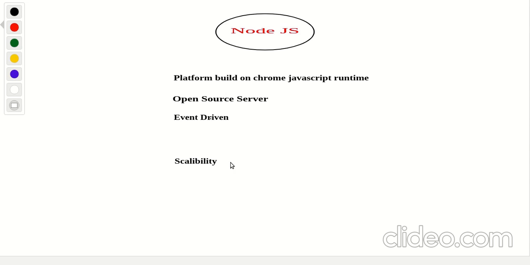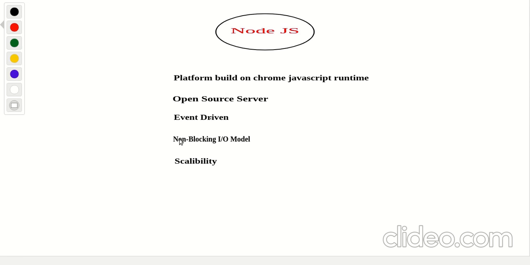And in vertical scaling, we can add many resources, like for file upload, many npm packages that we can add in this server.